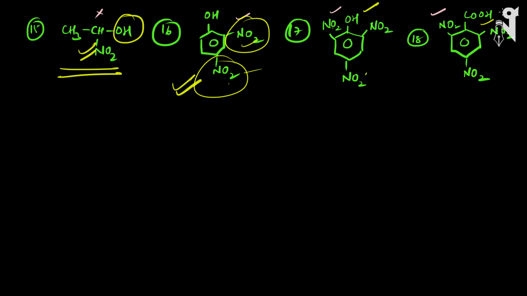Now we are done with the acidic strength completely. Next, we will be starting basic strength. Similar way how we have learnt how to figure out the acidic strength for different types of compounds, exactly the same way we will be learning for different compounds in the basic strength also. Mostly we'll be dealing with the nitrogen based bases. So in the next video, I'll be starting with basic strength.